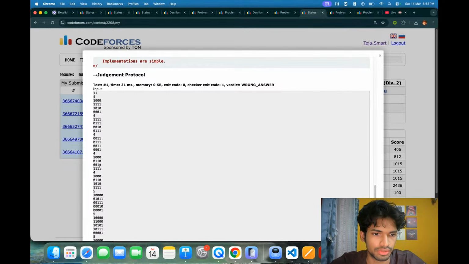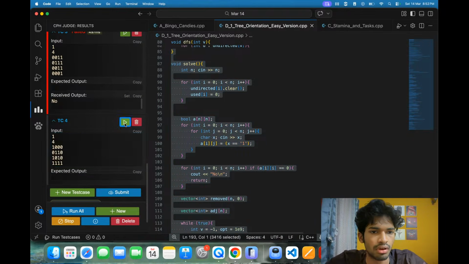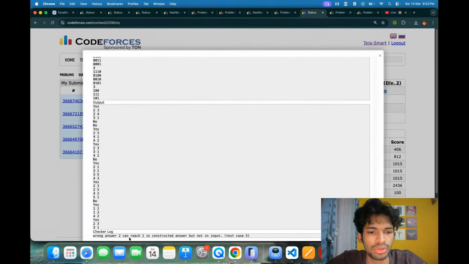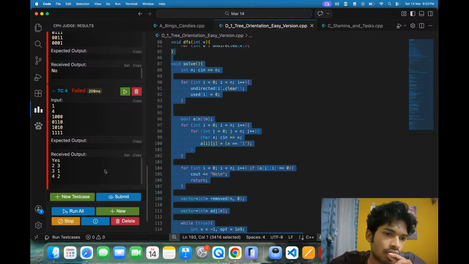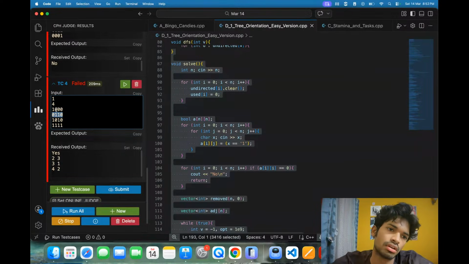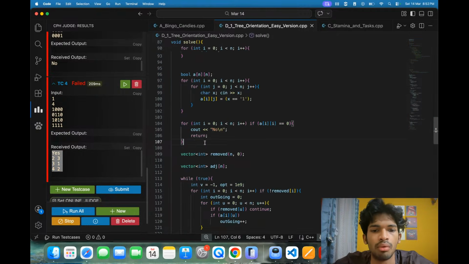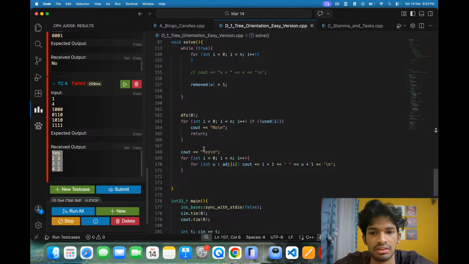One, two, three, four, five. What did they say? Two can reach one. Two can reach one, but that's not true, it seems. Should we just verify it? Should we just form in O of n squared? Let's just form what all can be reached from everything and then